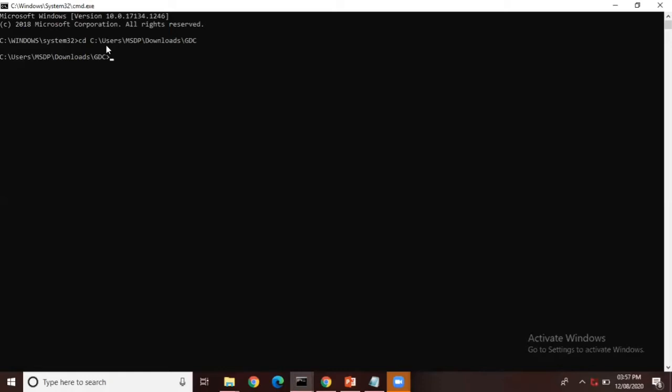Now we are going to use this data transfer tool for downloading the files. Before that, we will see what information is stored in this GDC data transfer tool, so that we can use it for downloading different file formats by using this particular command.